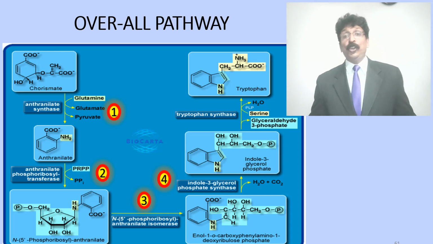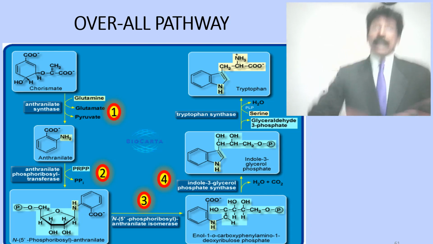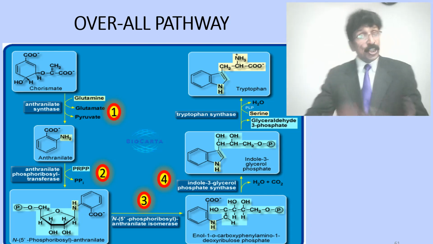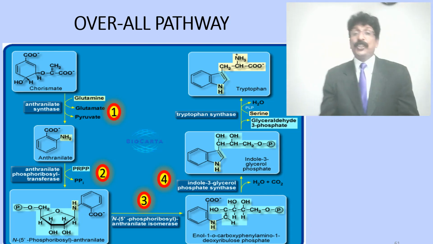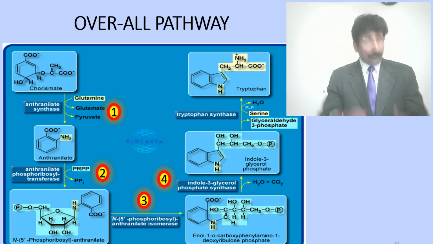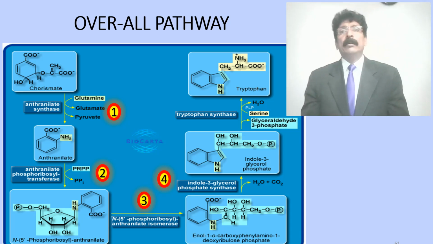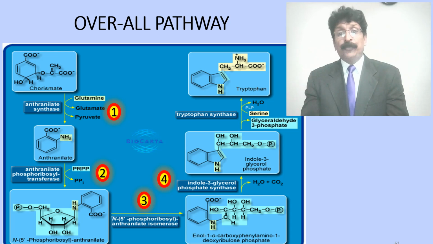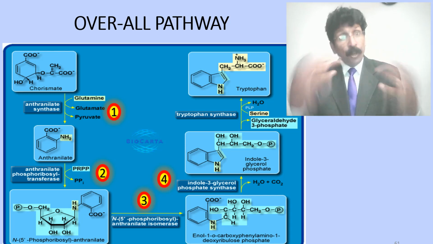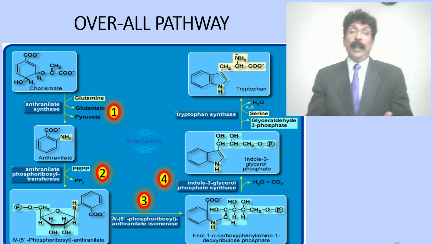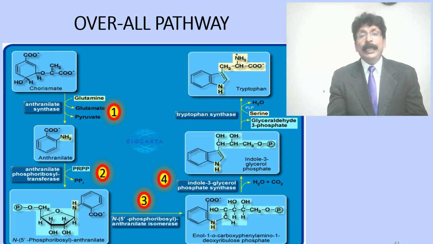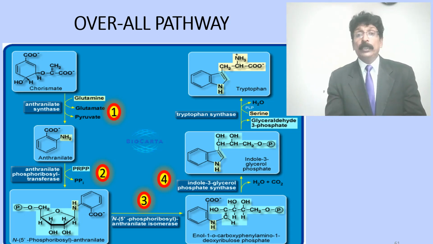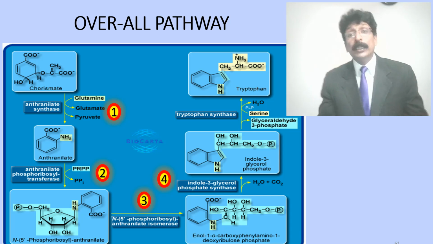So you are getting the reversible, not irreversible, cyclization of this open chain, and the indole structure, if you want, you will get from the enolic structure. And that one, the indole 3 glycerol phosphate synthetase, will give you indole 3 glycerol phosphate